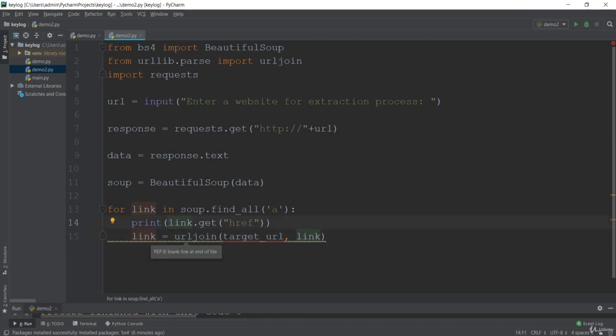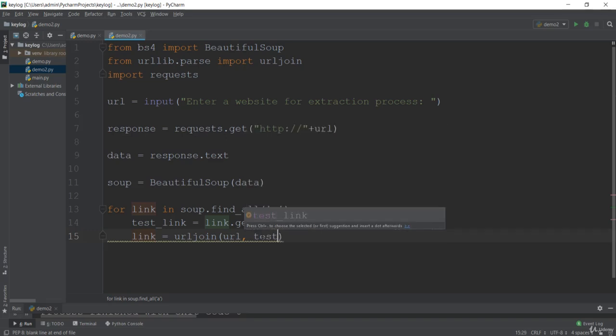So next thing is to just target URL. So this won't be the target URL, this will be your URL, and in this case it is only the URL, and we'll just join with that link. We can also print that link now after we just get that. So basically you can store this href over somewhere. So instead of just doing this, you can do something like, okay, let me just get this, and let me just store in the test link. If I say let me just store this in the test link, and after we just get that test link, I want to join that is with the test link, and let's print that link now.